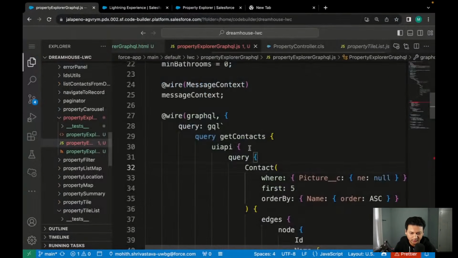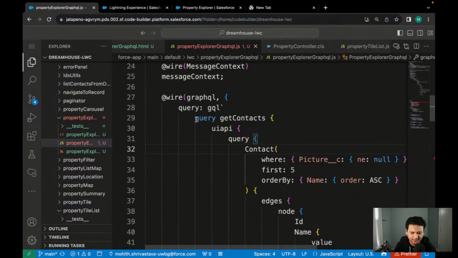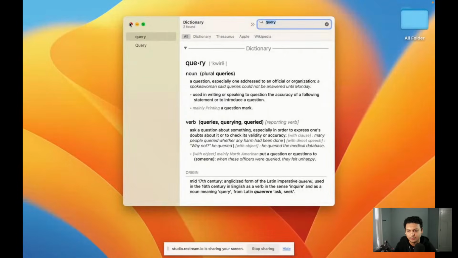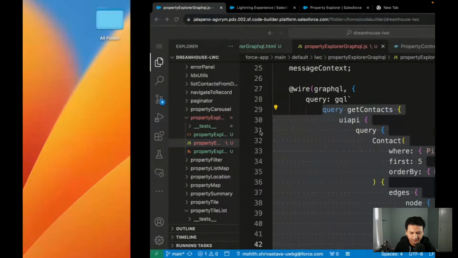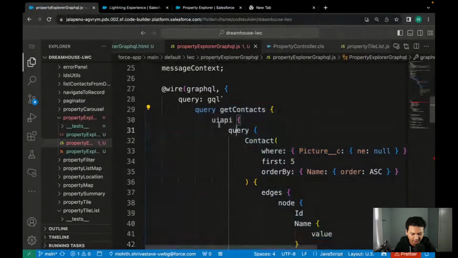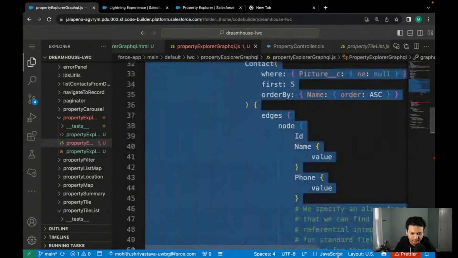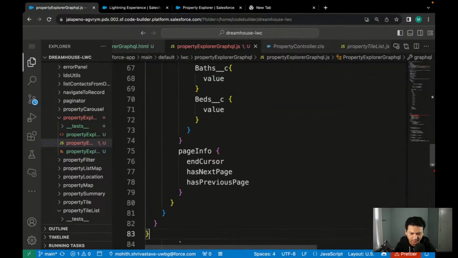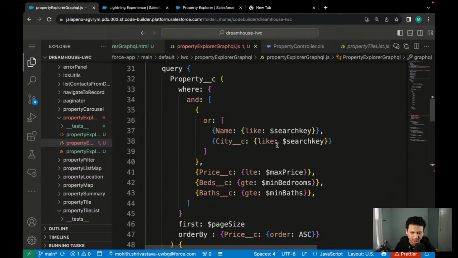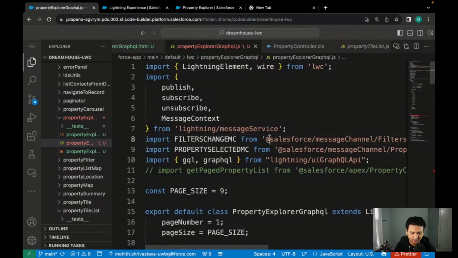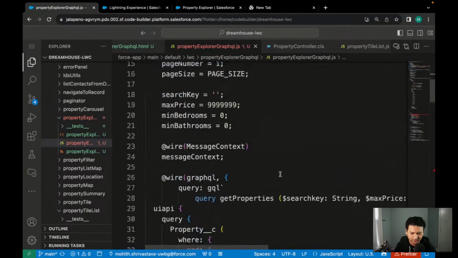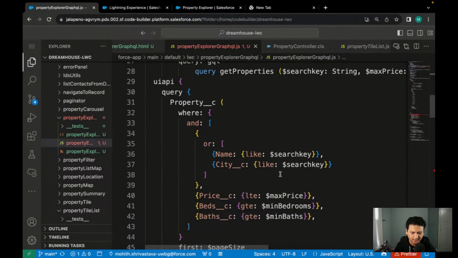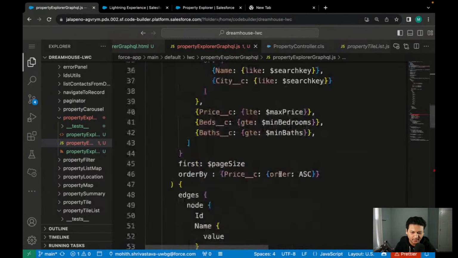Okay, so now what I'm gonna do is go back here, and then instead of this whole thing, right? Sorry, my dictionary popped up. So instead of this whole stuff here, let's actually come down. I think this is where you put the GraphQL query. So we put our GraphQL query, and we can use prettier, so we don't need this anymore. So I'm gonna get rid of these things, right? I'm gonna get rid of these things, and